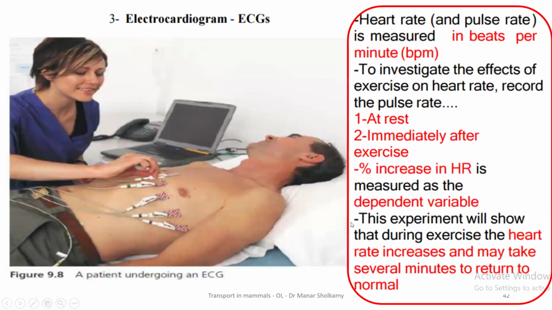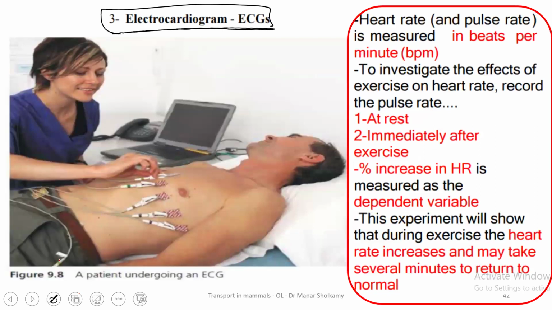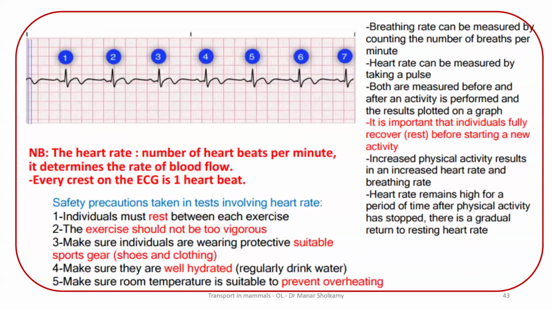Now, this is the electrocardiogram. This is what your friend was talking about. He said, I'm going to use a monitor. Yes, the monitor is called the electrocardiogram. It is an electronic device in which I will put something like this, okay? Those sensors, they're called sensors. They're put on the chest of the patient, and then you will have an image on the screen. And this image is going to look like this.